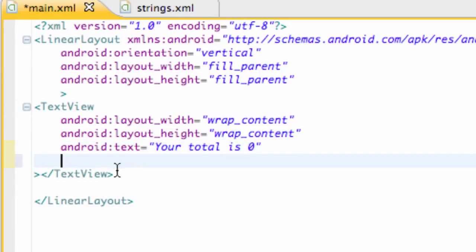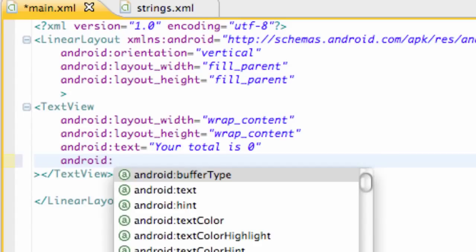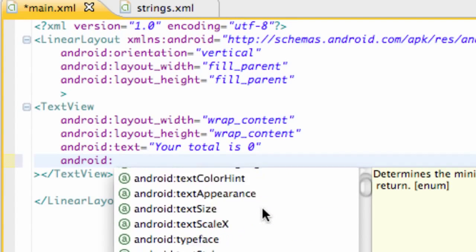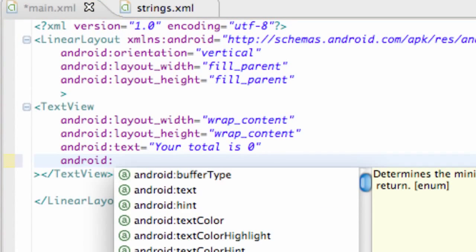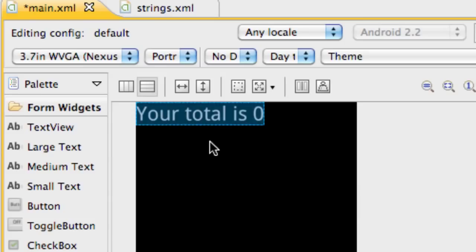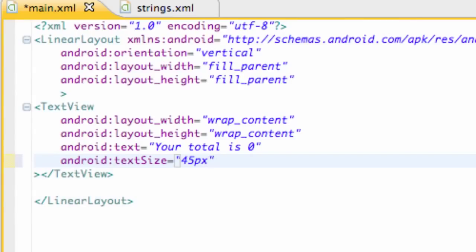Again, within our text setup part, we can say Android, if you spell it right, and then colon, and you can see some of the methods that we can use. There's quite a few for a text view, and there's one called text size, so we're going to select that one, and what you can do is set up like 45 pixels, and it's a little bit bigger. So that's cool, but the thing is, we don't want to use pixels